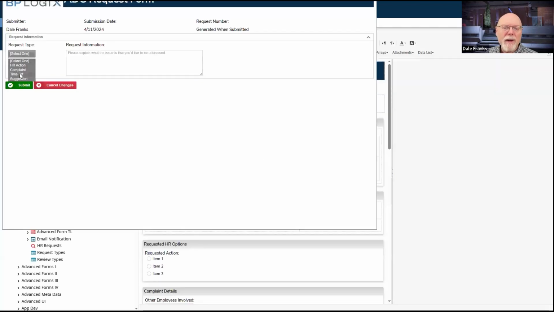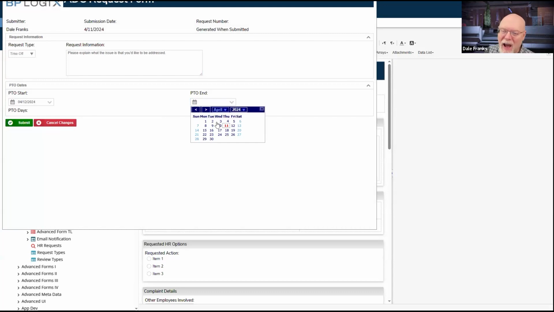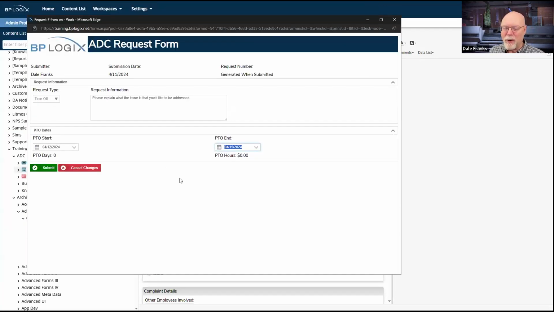So let's do this again. Time off. There we go. Now it's disabled. Now I can pick the 12th. Now it's enabled. Now I can pick the 14th. So like I said, conditions are tricky. I should have been field is enabled, not field is disabled when. And now that I've set that date, it did not, in fact, prompt my date diff. So I'm still showing my date diff as 0, which I do not want.